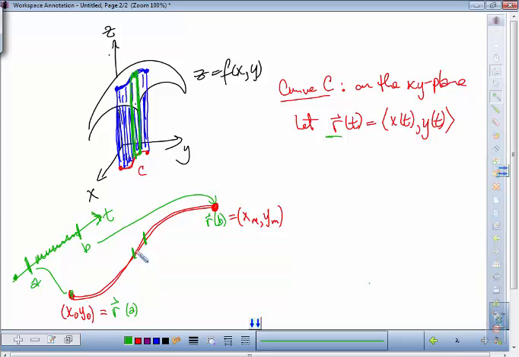But unfortunately, the base here is no longer delta t. I think it might be easier to talk about the height first. We can look at the area of this thing, which is what we're going to add up. We're going to add up an infinite number of them, the Riemann sum business. The height